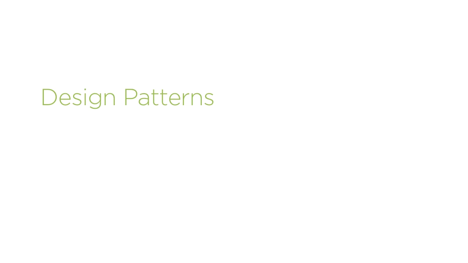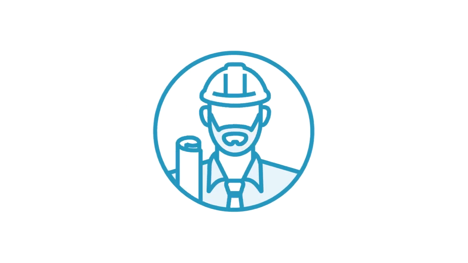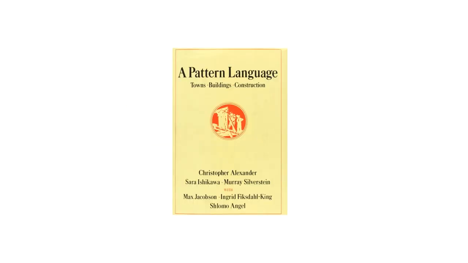Now, the concept of design patterns comes from an architect named Christopher Alexander. Not this kind of architect, this kind of architect. In 1977, he wrote a book called A Pattern Language, where he began to outline common patterns that he came across while building buildings and towns and cities. And now before you check out and say, I don't build houses, it's not even close to the same thing as what we do in software, listen to this quote from Christopher